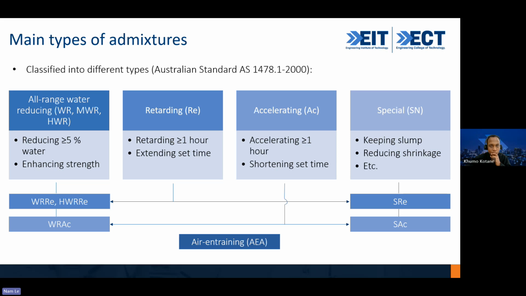In order to compare two EPDs, as you mentioned, we need to have a comparable program or PCR, right? And also, as I mentioned earlier, they need to follow the very same standard, like EN 15804,